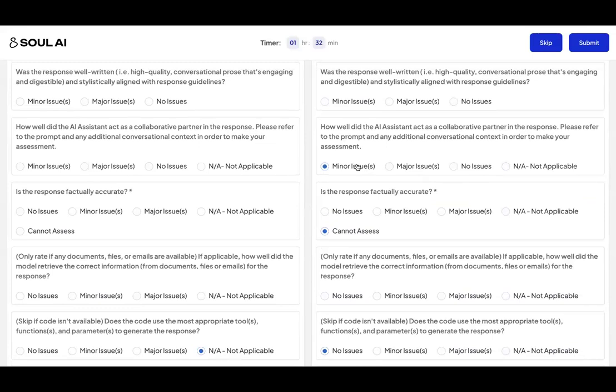Targeted suggestions are always preferred. So, if you're marking a minor issue, tell the client why you marked it as a minor issue. The model collaborated by asking if it can help me with something else. However, if it would have asked the user something more relevant, like an example question, that would have